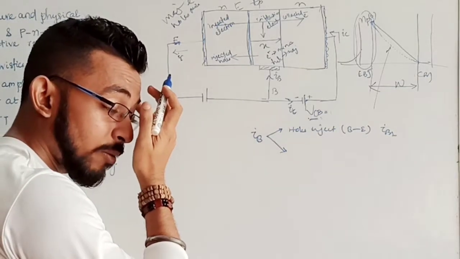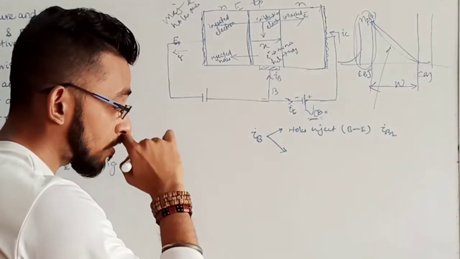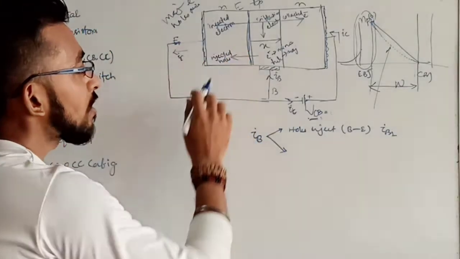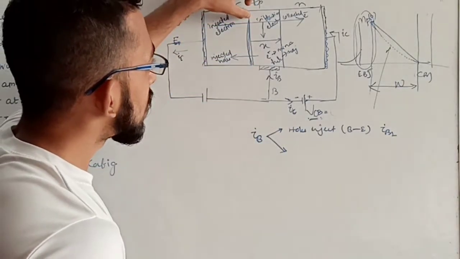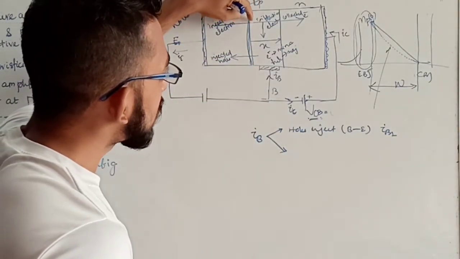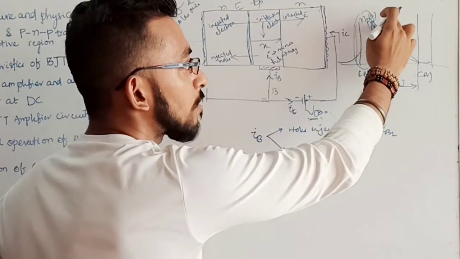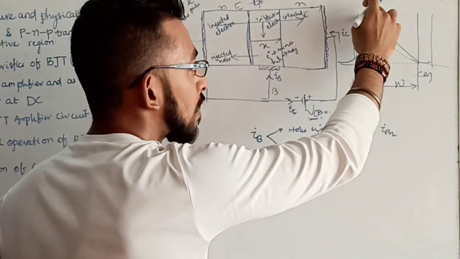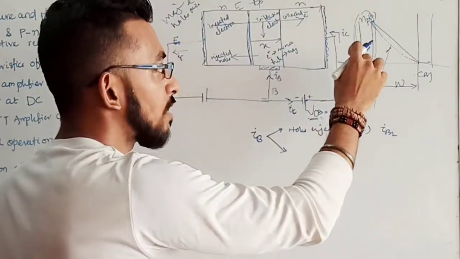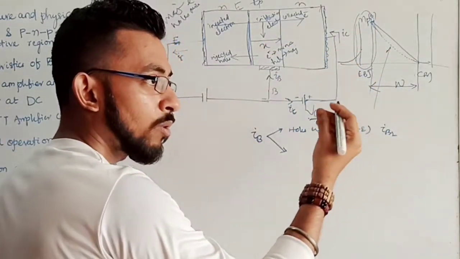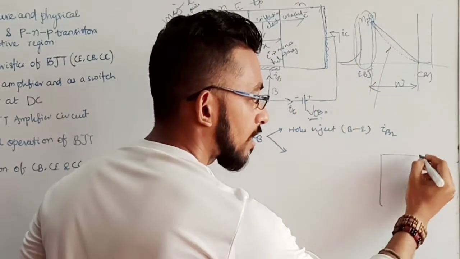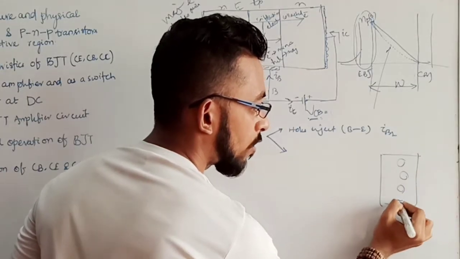There is a second component of IB. Because of that also IB is produced. What is that? Here the electrons that are diffusing from this region to this region are recombining with the holes that are present. As yesterday I gave one example. This is the number of holes that are present,